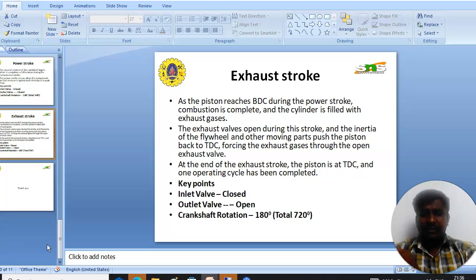The key points of the exhaust stroke are inlet valve closed, outlet valve open, crank rotation is 180 degrees, totally it is